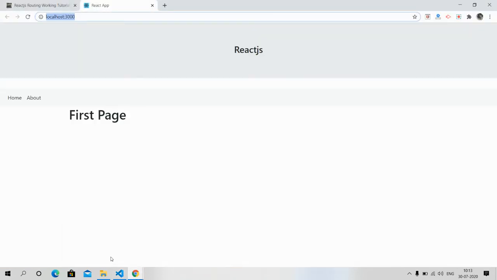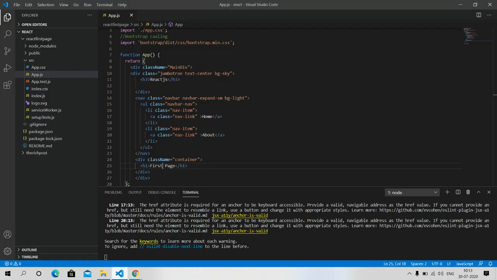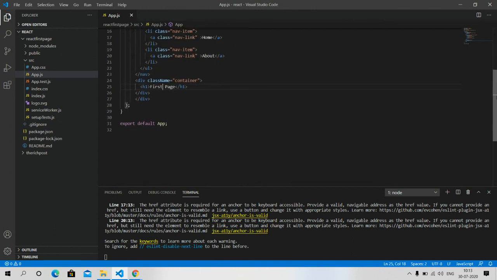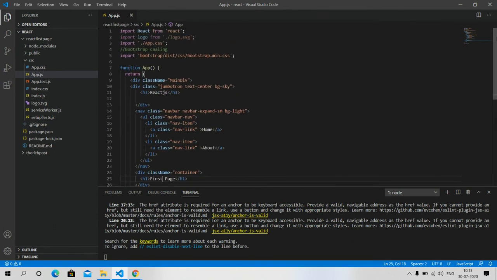Have you seen Bootstrap is working fine in our React.js application? Look, it seems very simple to create our first page in React.js with Bootstrap.